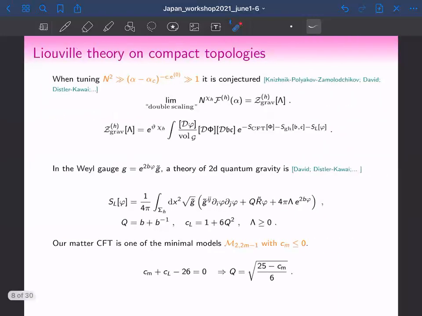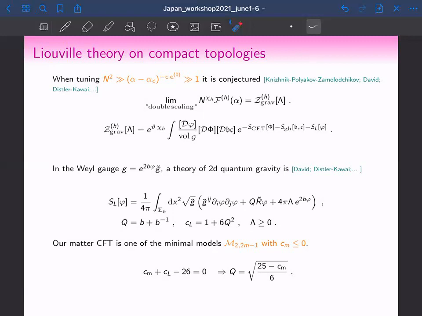Very good. Now, let me also quickly review the two-dimensional quantum gravity side. Because essentially we have this n squared expansion, we are assuming that n squared times (alpha minus alpha critical) to the power of the critical exponent, at g0, is much, much bigger than 1. This is the specific limit that we are going to take. In particular, this limit is going to guarantee that higher genera contributions are lower than